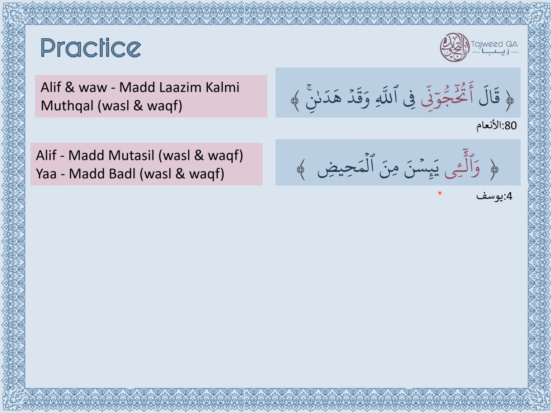So although we have the meeting of 2 yas, a meeting of ya mad and ya mutaharrik in wasl, in continuation we wouldn't call this mad tamkeen, because mad tamkeen is a type of mad tabi'i, and mad badal is stronger than mad tabi'i. So therefore we will call this mad badal in wasl and waqaf. So we will read it as